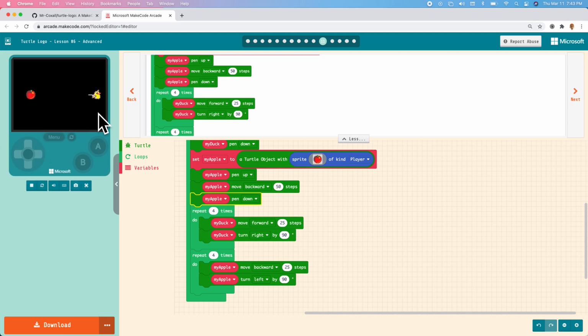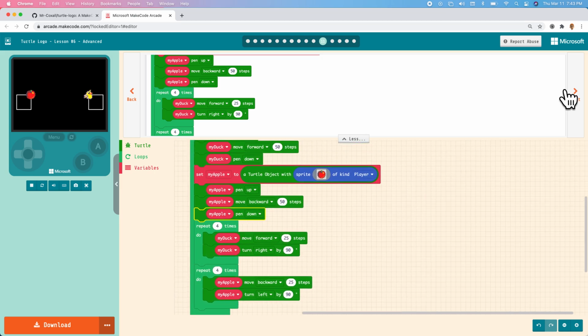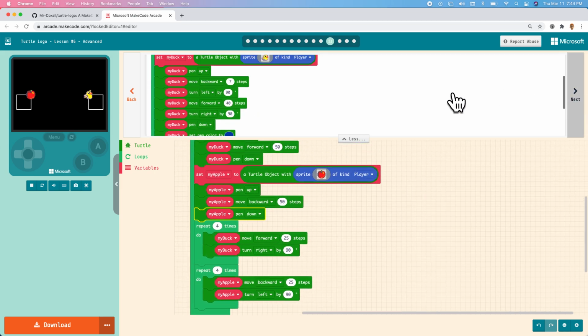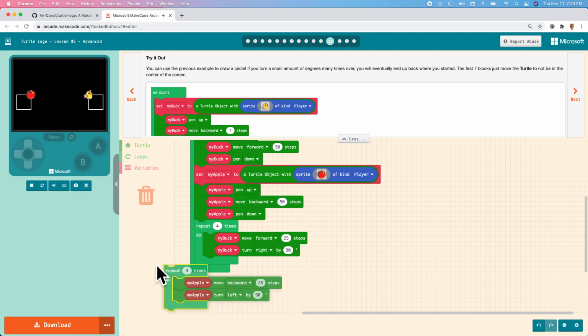Duck moves forward, apple moves back, one square, second square. Okay, so absolutely you can have more than one repeat block, and you can have them for different turtle objects as well. Okay, so in this exercise, what I'm going to do is looking back at our previous example,